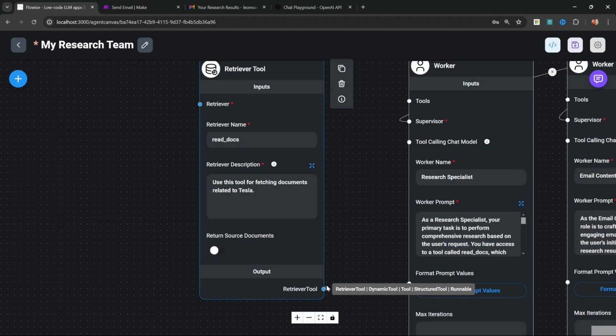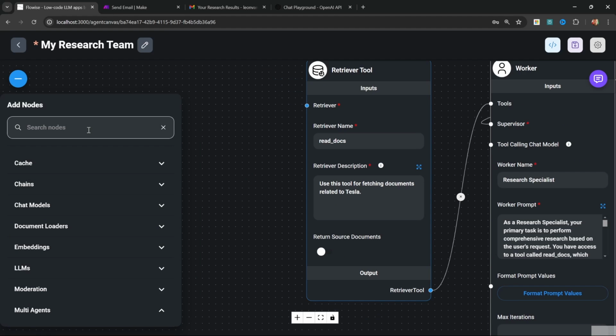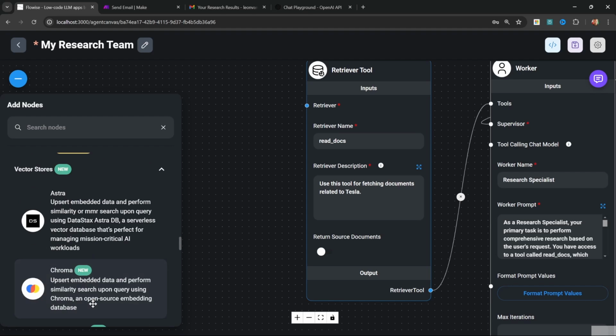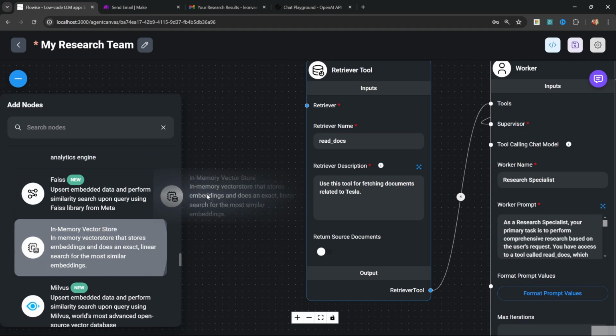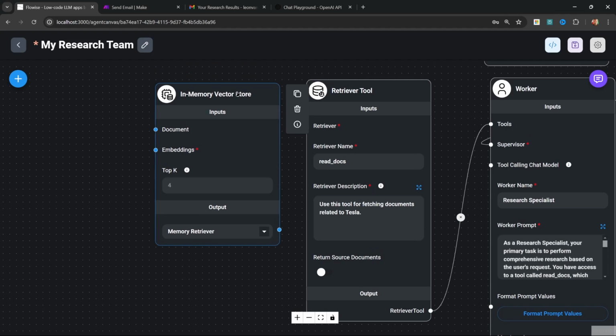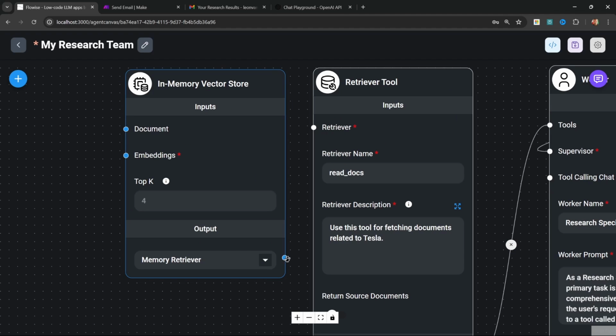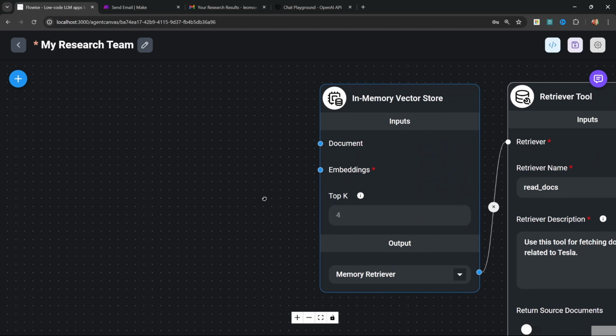Let's now attach this tool to our research specialist. Great. Now let's add our vector store by scrolling all the way down. Let's go to vector stores and let's simply add this in-memory vector store. But of course you could also use Chroma, Pinecone, or whatever you want. Now let's connect our vector store to the Retriever tool, and let's also add a few more things to the